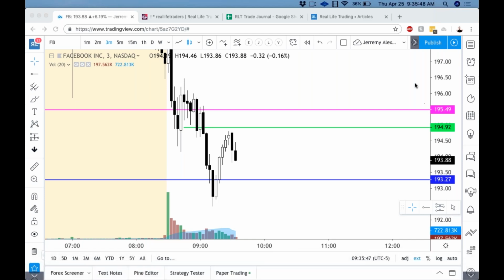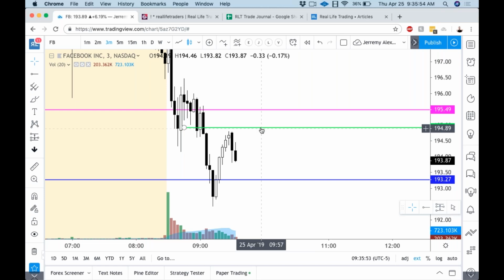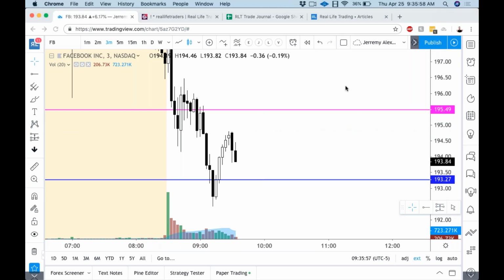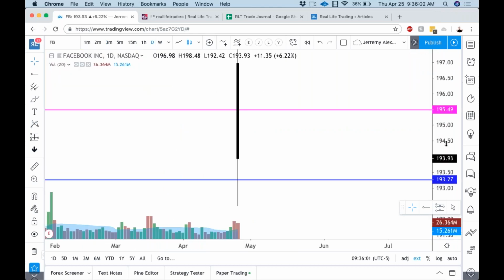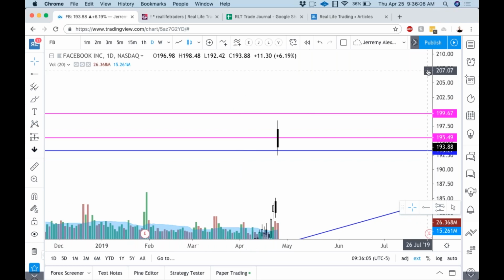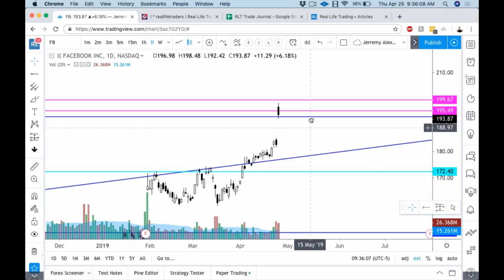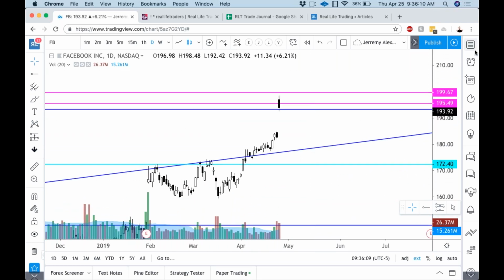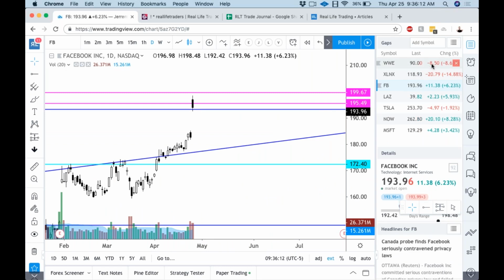Beautiful. So any questions so far? Because we're going to go look at a few more of these and kind of talk about, we're going to go look at some trades that are happening right now and kind of analyze them and just discuss what's most likely going to happen based on the gap and based on the candle structure. Okay, so we looked at Facebook again, and what I thought was a pretty easy sell, pretty easy short. Let's go look at